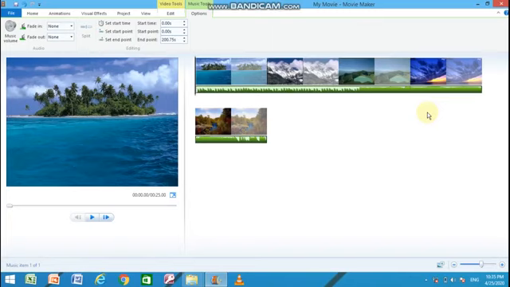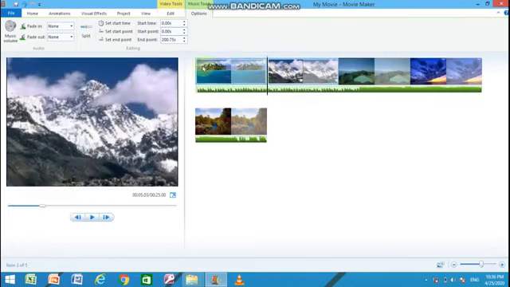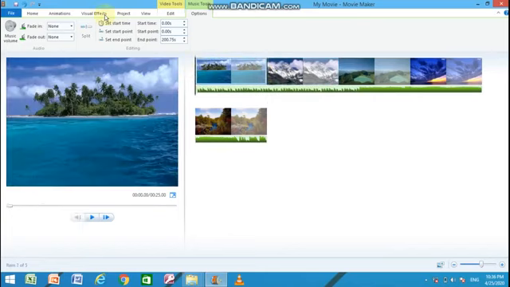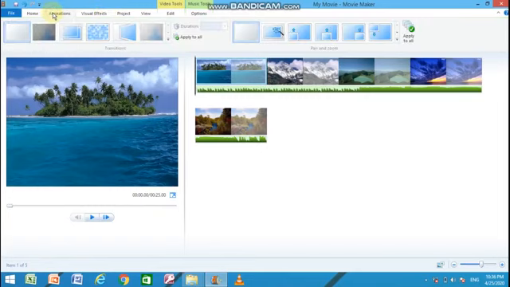Let me show you how to add transitions into the movie. As I told you, a transition can be added between two objects, like two pictures or two videos or a video and a picture. How to do it? For that, you have to click before the object like this, and then come to the animations.